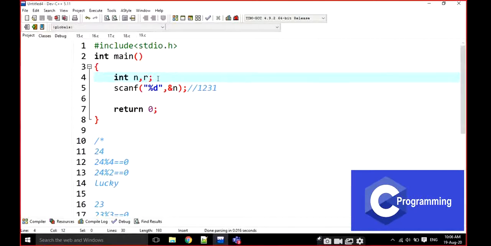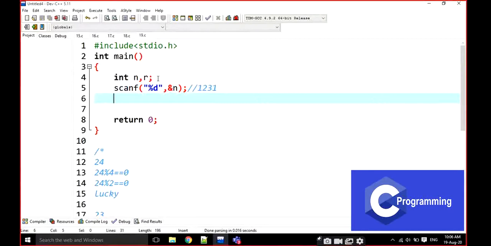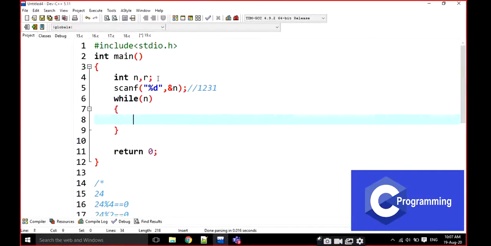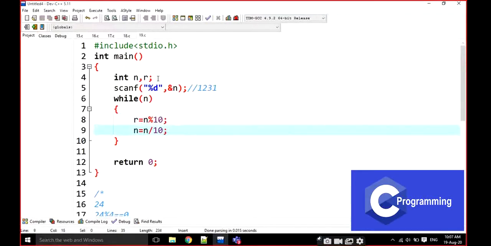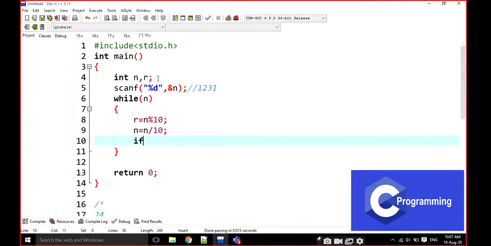Now I will write, just look here. Some students made a mistake here. Listen carefully. While of n, r is equal to n mod 10 and n is equal to n by 10. You are checking if n mod r is equal to 0, no problem, right?